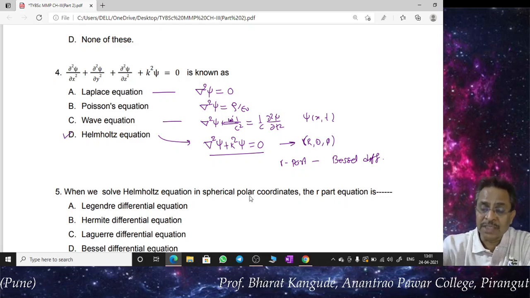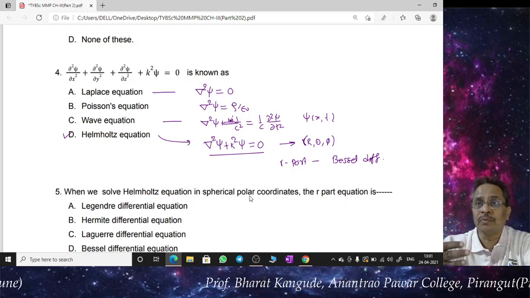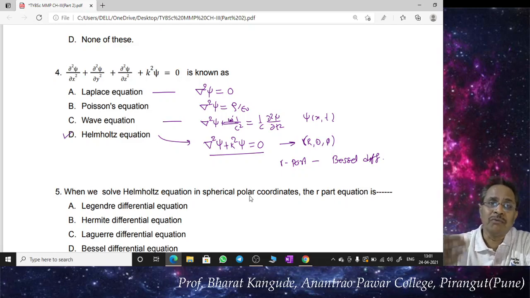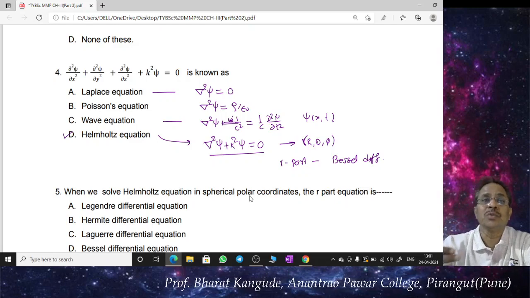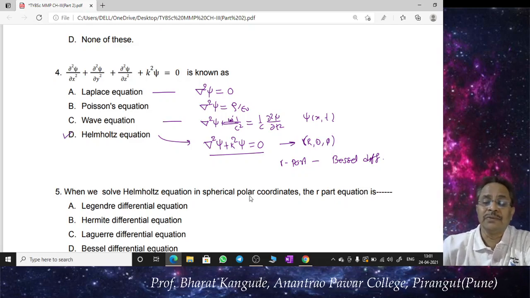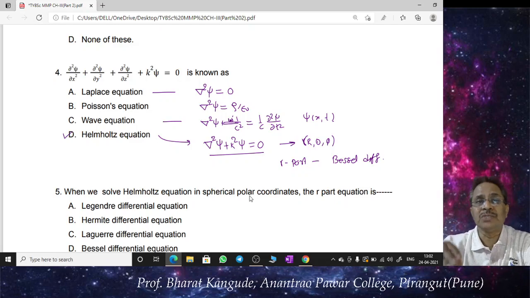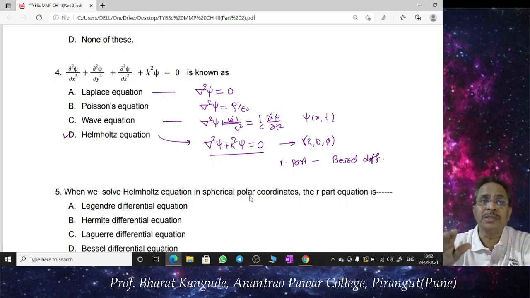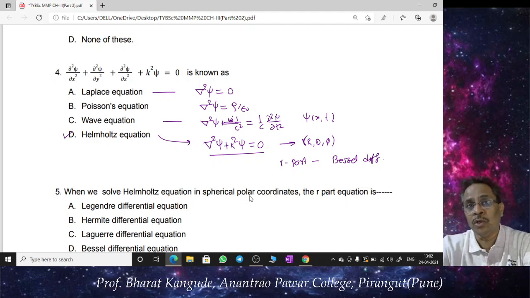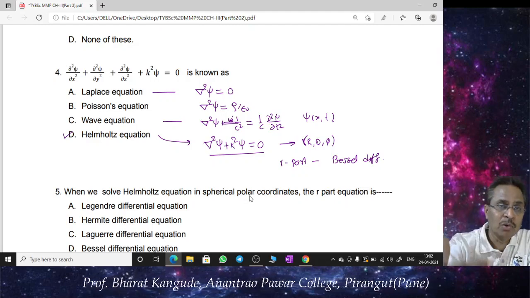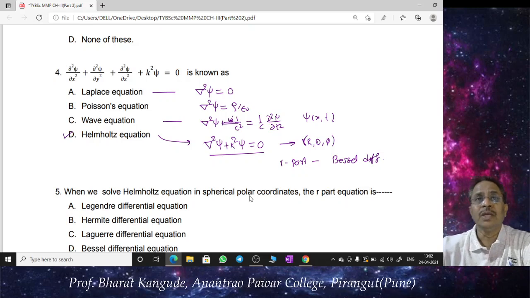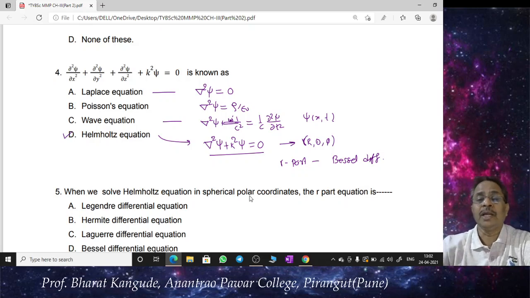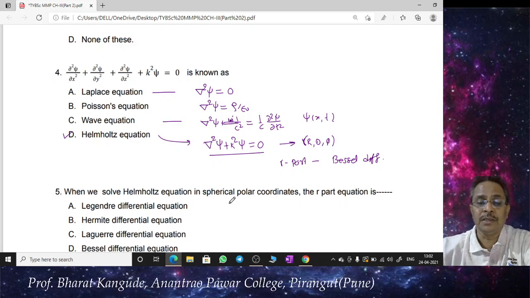There you have to go for singularity, there you have to go for different types of indicial equation. Based upon that we get solutions. Either one solution is possible, two solutions are possible, or many solutions are possible. Those are different cases, and whatever solutions we get in even powers of x or odd powers of x, applying certain boundary conditions, these solutions can be converted into polynomials. So this journey from the Helmholtz equation to certain polynomials, Bessel polynomial, is a long journey. That is a theoretical discussion you might have done in class earlier.